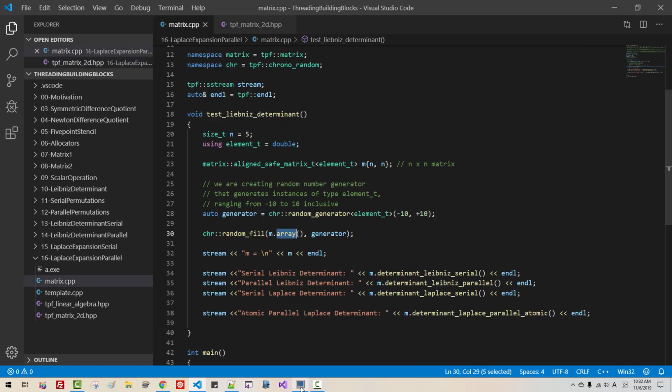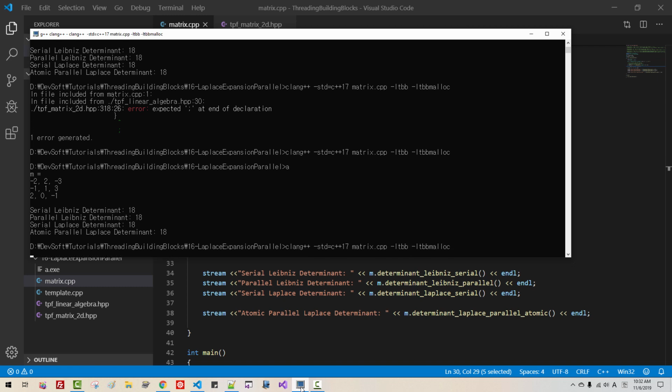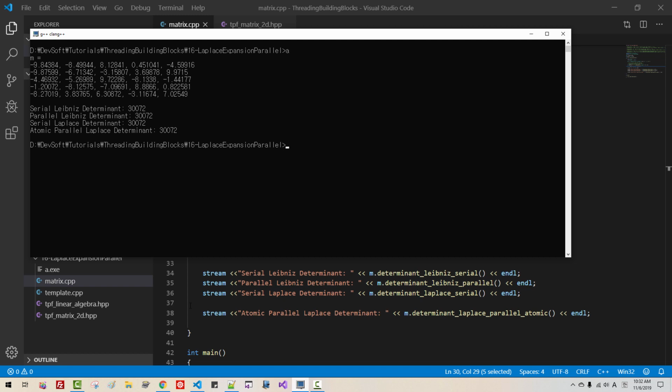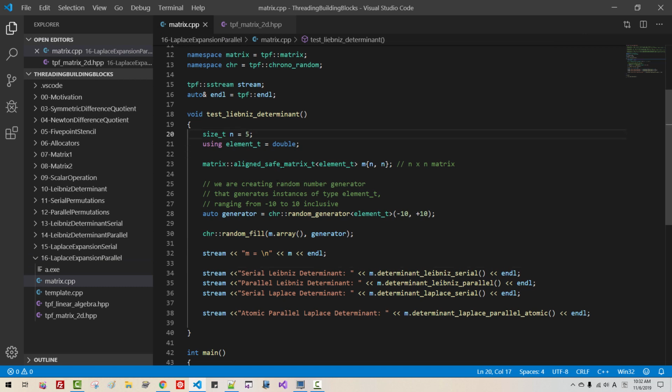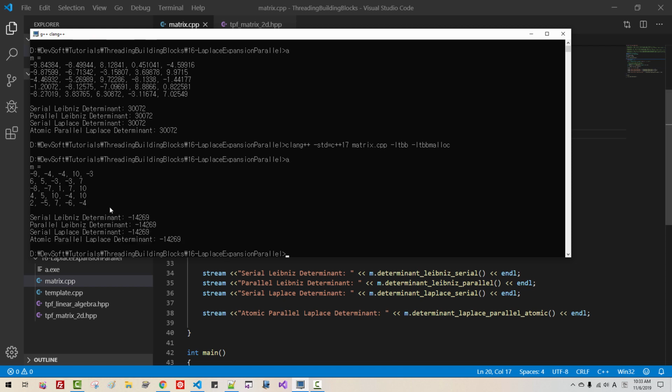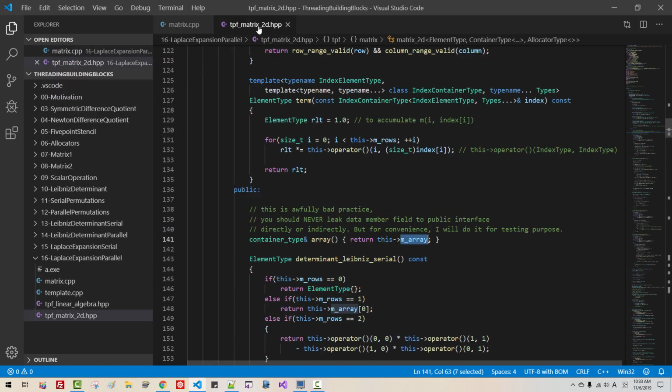Now we will build. CLS. So we generated random numbers. The result is the same. For convenience, I will change it to int. Okay, let's try it. Now with the integers, the result is all the same. It means they are correct. Now in this file again,